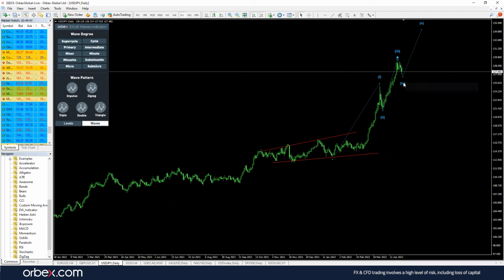So I'm believing now that my wave 1 of the impulse is finished. The wave 2 has come down at a good degree. Wave 3 is moving higher. And now we're coming down in the wave 4. Now wave 4 cannot move in this territory,